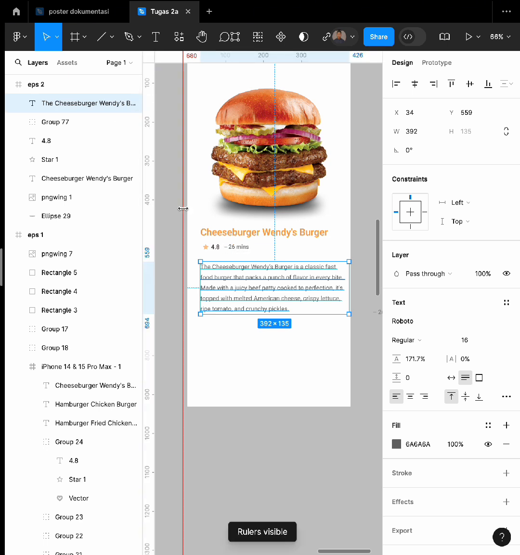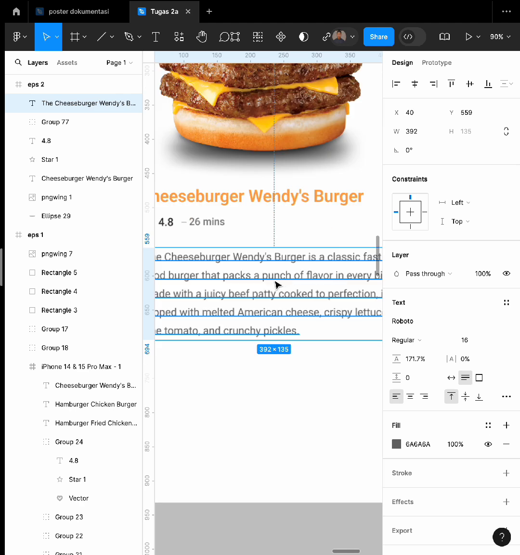We use the ruler for professional position.